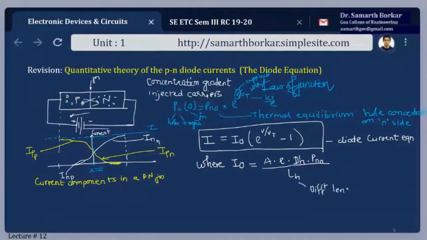Diffusion length for holes. And how do we define the diffusion length? If you recollect, if I supply some kind of energy, then the electrons from the valence band leave the parent atom, and on acquiring higher energy, they will move into the higher energy states. In simple words, in the valence band, they will leave behind a hole, and this electron will go into the conduction band, and then they will conduct.